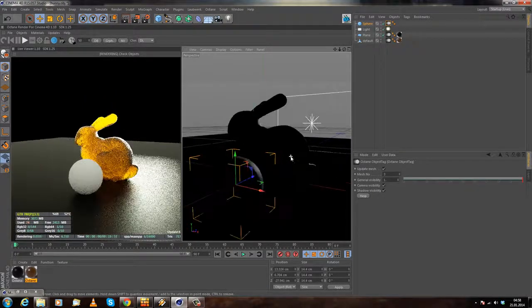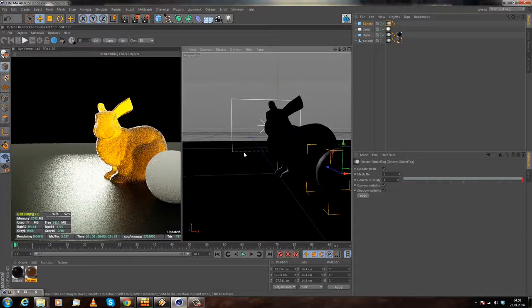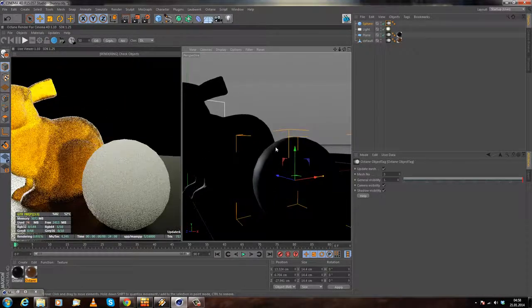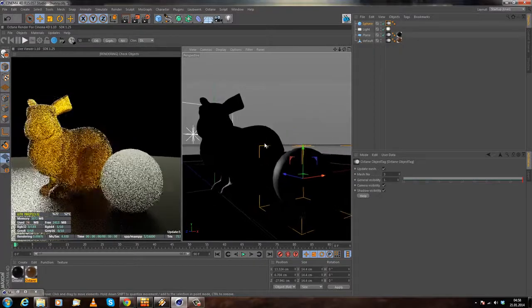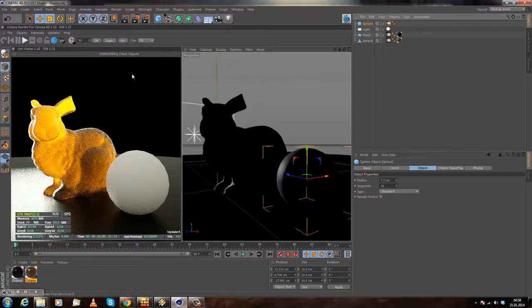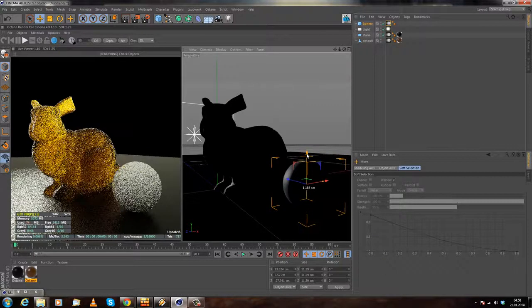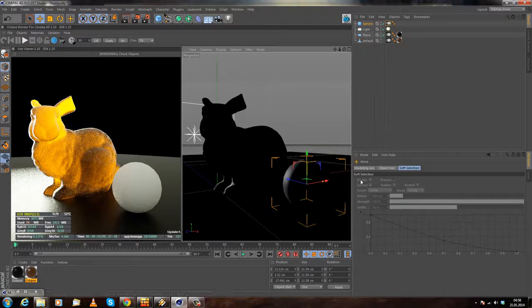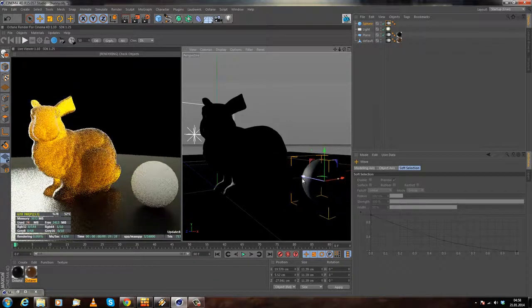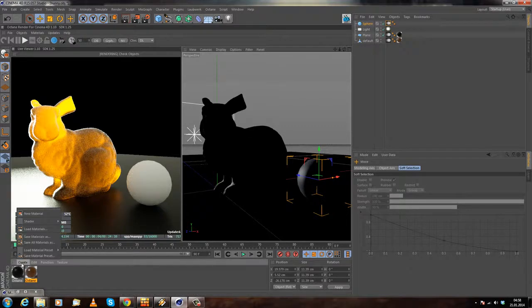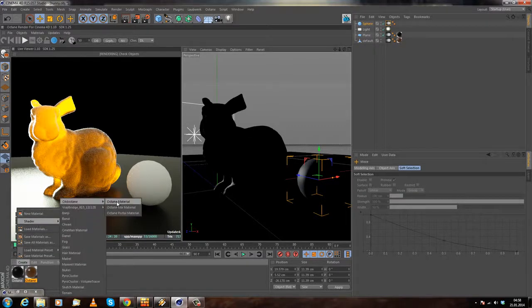Let me go back here a little bit. And let's make the sphere a little bit smaller. Scale this down. If you ever wondered how you can emit light with an object inside of Cinema 4D Octane renderer, you just simply go to Create Shader, Cinema 4D Octane material,